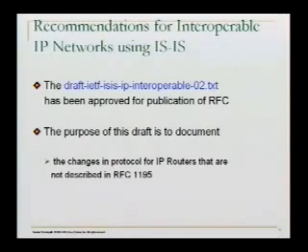So they produced a document, and then later on it got split into two documents. In either case, it explains the caveats of reality versus what is there in ISO 10589 versus RFC 1195. One of those documents is the draft, the ISIS IP interoperable. This has actually been approved as an informational RFC. I think it is in the queue.